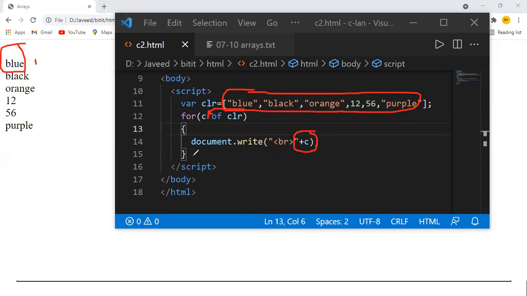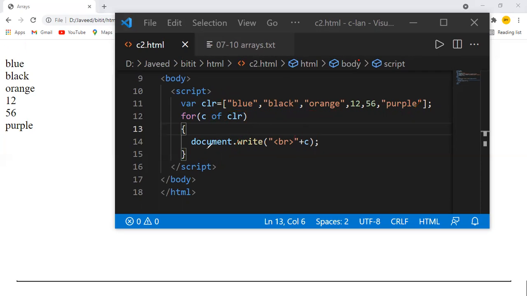After this iteration is done, again the loop is going to be repeated. When the loop is repeated for the second time, it will fetch the next value from the collection. So what is that collection? It's my array. Array is my collection, or a set of values.